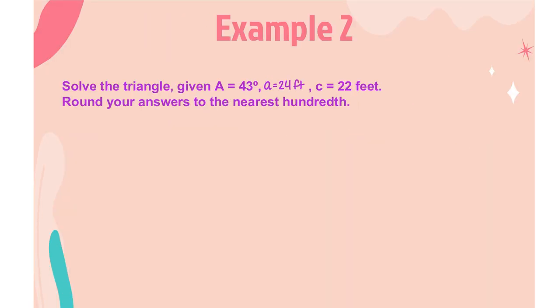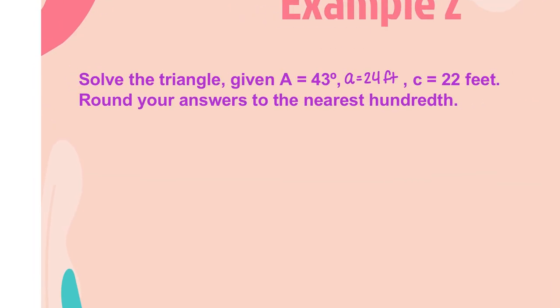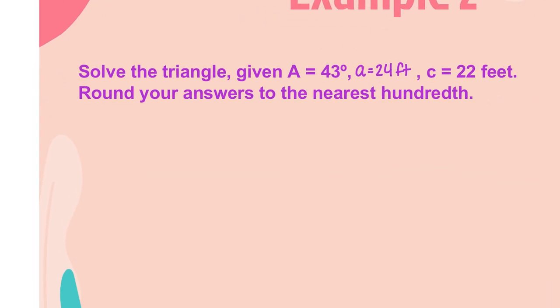All right, going ahead and solving this one. Same thing, solve for the triangle. So that means I have to find all sides and all angles, round my answer to the nearest hundredth. That is 2 digits after the decimal. So first thing I'm gonna do is I'm just gonna draw my triangle